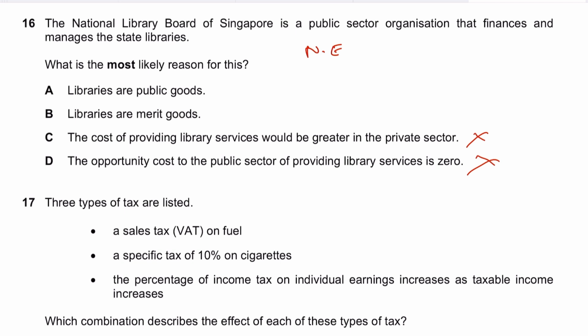But remember, they haven't mentioned whether the government is charging or not. So if the government is, let's say, charging a minimal amount, let's say it's charging $1, that makes it excludable as well, and rivalrous as well. So in that sense, there are two options. Either the library could be a quasi-public good if the government is not charging anything, but it makes it rivalrous, so it's quasi-public. But if the government is charging a minimal amount, let's say $1 or $2, whatever, from the people,